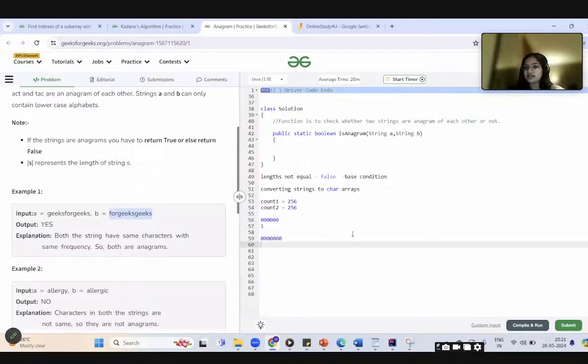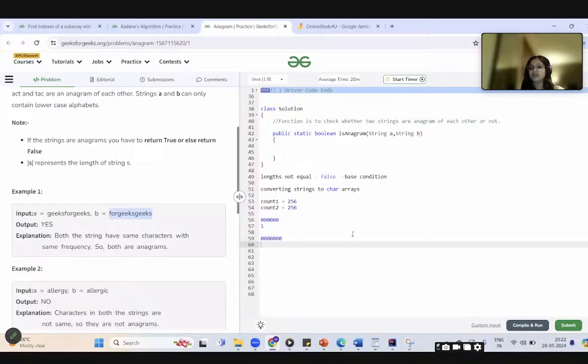So Raj is saying that check string A from the first character and string B from the last character. We can do that, but I think that will just increase the complexity only, because we have to check anagram. I think you are getting confused between anagram and palindrome. In palindrome, it makes sense to check from the last character.